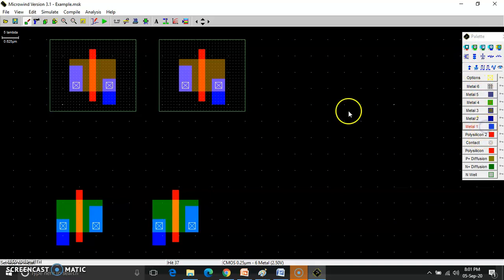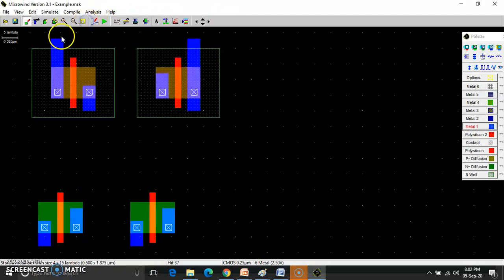So we always use metal 1 for the connection because these contacts are made using metal 1, and when two same metals are used, there is no contact required. But if I am using metal 2 with metal 1, I need to use a contact of metal. So I want to avoid that, so I have taken metal 1. I am stretching this drain, and I am considering this as a source and this as a source. So I have connected like this, and then I am connecting these two to form a common drain.